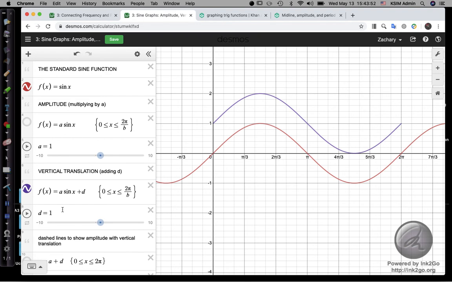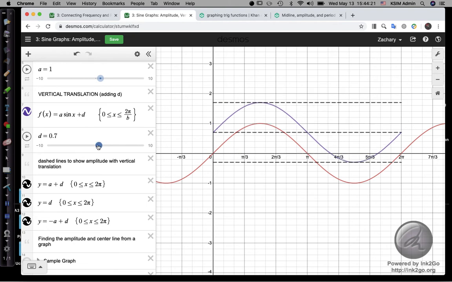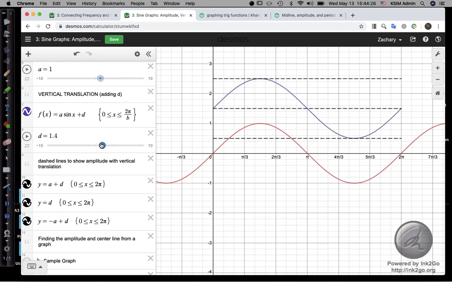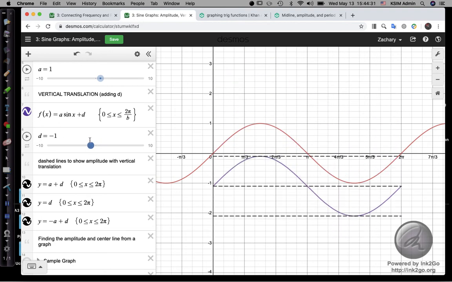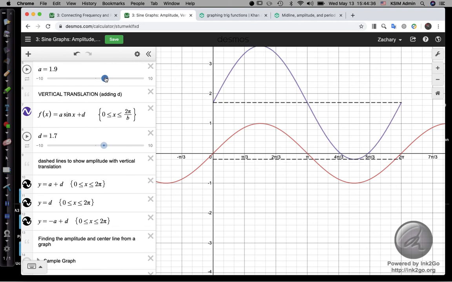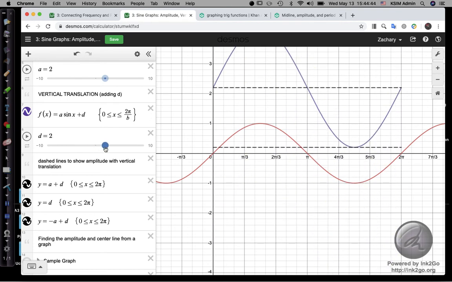line of the curve. No matter how much I mess with this function and the parameters a and d, you can imagine these lines denoting how much that function shifts up and down, but that distance from the center line to the peak and the trough of the sine curve is still just 1. If I increase that to 2, I can still see, no matter how I shift this, transform it vertically, that